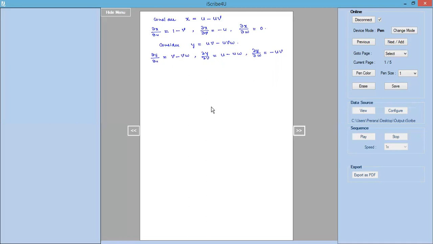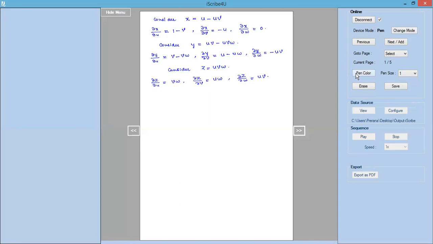Now we will consider the last expression, that is for z. Z is given by uvw. So let us find the partial derivatives. Dou z by dou u is vw. Dou z by dou v is uw. Dou z by dou w is equal to uv. With respect to u, vw are constants and u differentiation is 1. With respect to v, uw are constants and v differentiation is 1. With respect to w, uv are constants and differentiation of w with respect to w is 1.